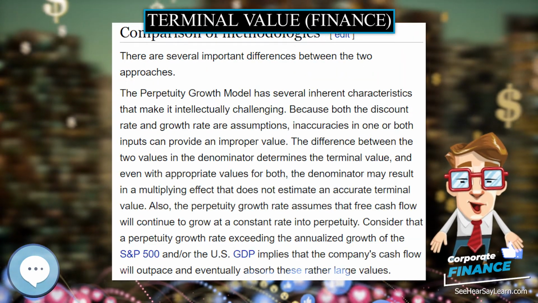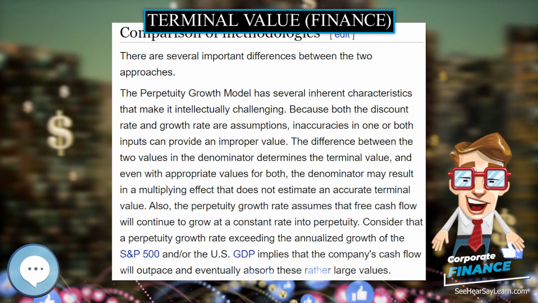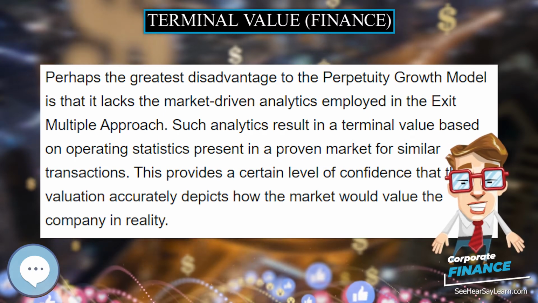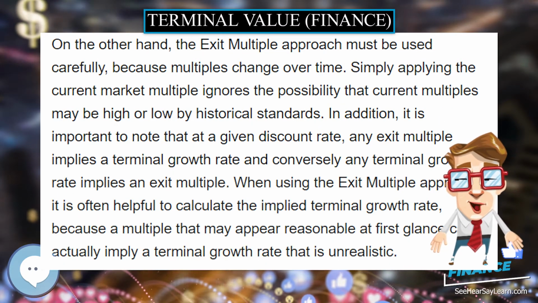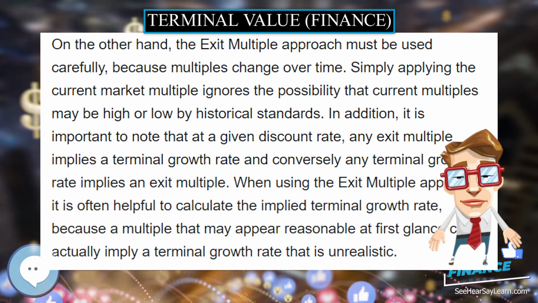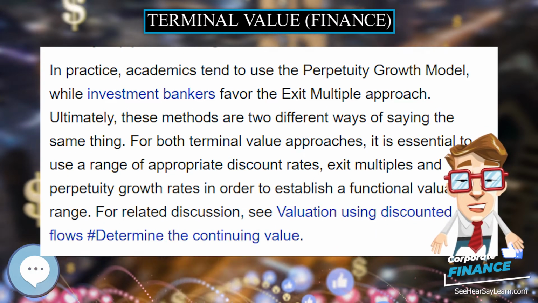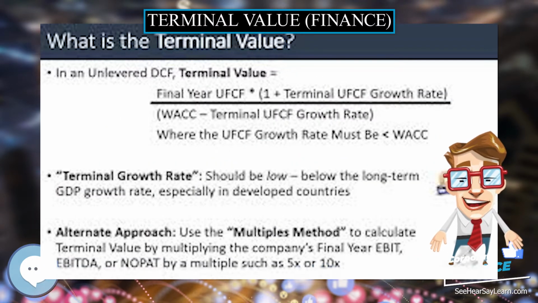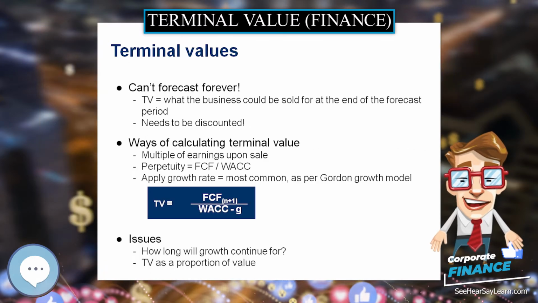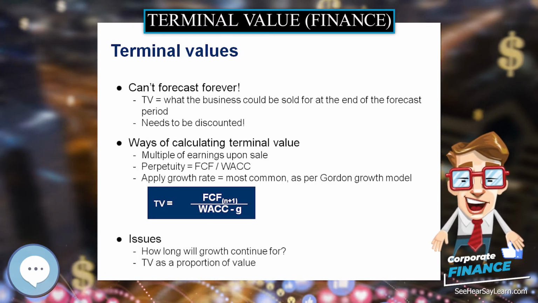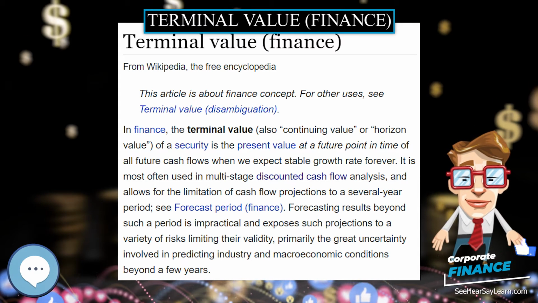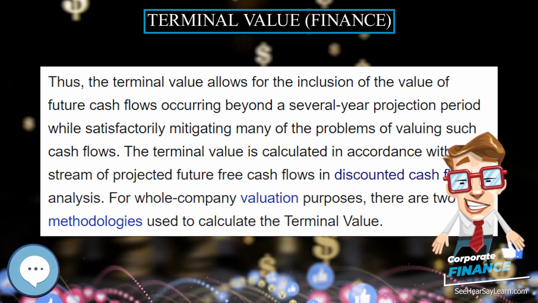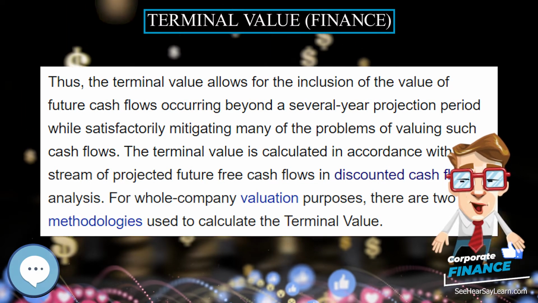The analysis of comparable acquisitions will indicate an appropriate range of multiples to use. The multiple is then applied to the projected EBITDA in year n, which is the final year in the projection period. This provides a future value at the end of year n. The terminal value is then discounted using a factor equal to the number of years in the projection period. If n is the fifth and final year in this period, then the terminal value is divided by 1 plus K5. The present value of the terminal value is then added to the PV of the free cash flows in the projection period to arrive at an implied enterprise value.